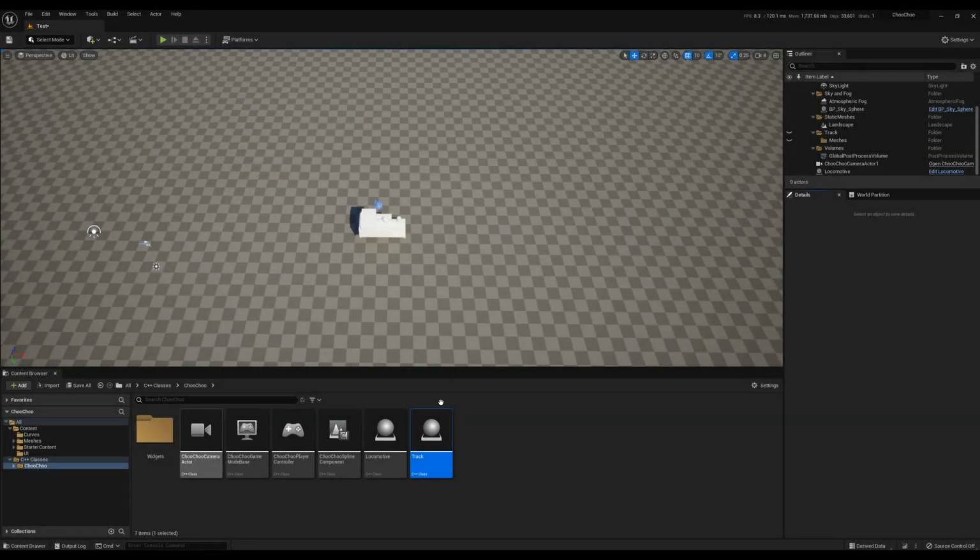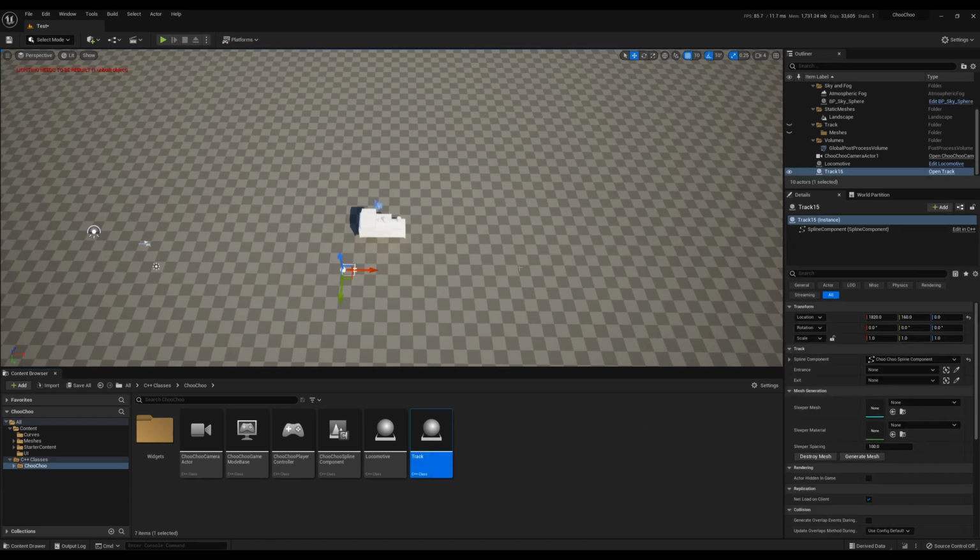I'd like to give you a brief introduction to a railway prototype that I've been working on. It uses splines in Unreal Engine 5 and allows you to create junctions, generate meshes, and it's a pretty cool little railway system. I have the C++ class called track. If I drag that in the scene,